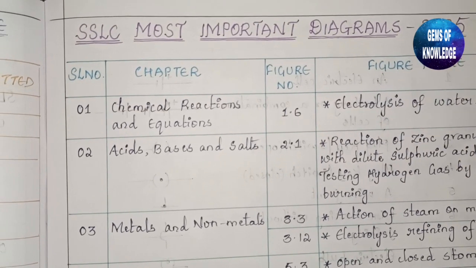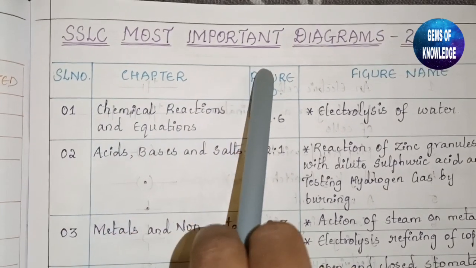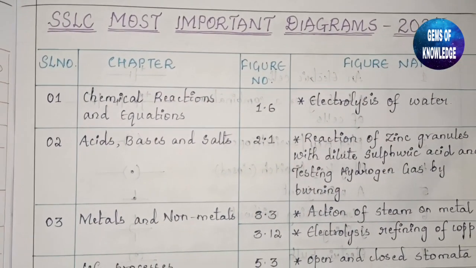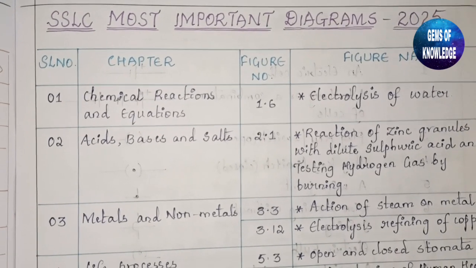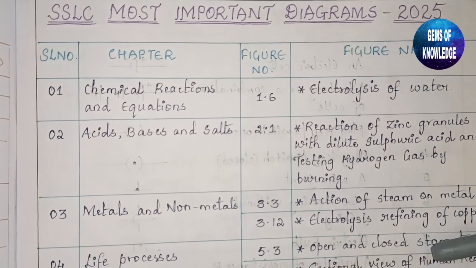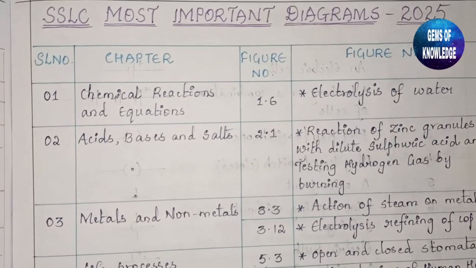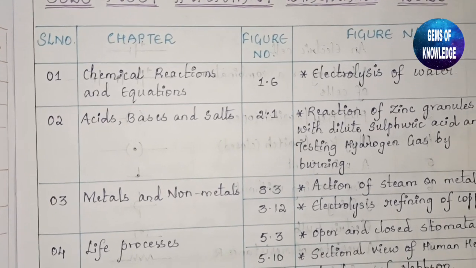I have come up with another interesting video, that is SSLC most important diagrams of 2025. These diagrams are also provided by the boards so that you get a proper 12 marks. If you study all these diagrams, you will get a proper 12 marks, which I have already told you. The diagrams and all the symbols related to the diagrams